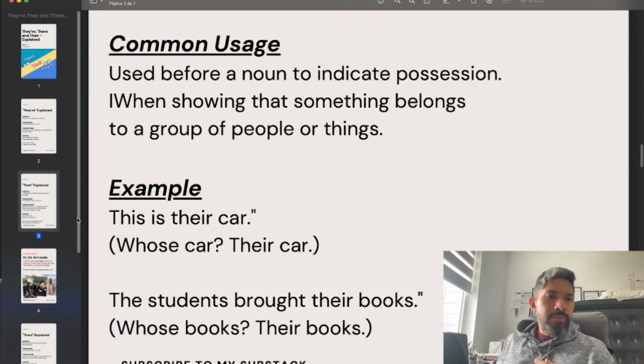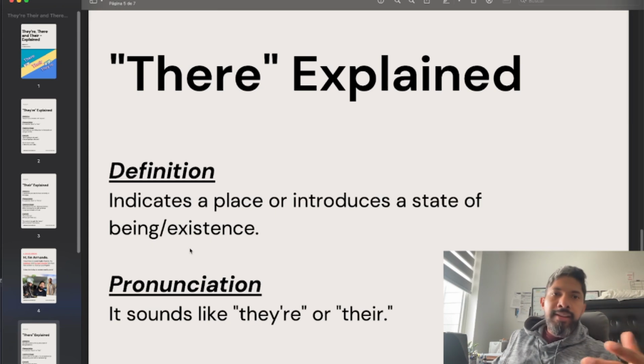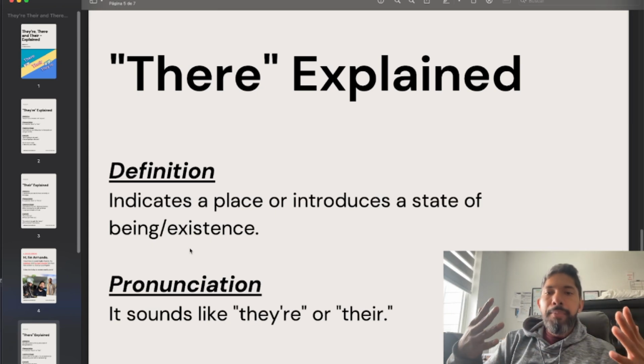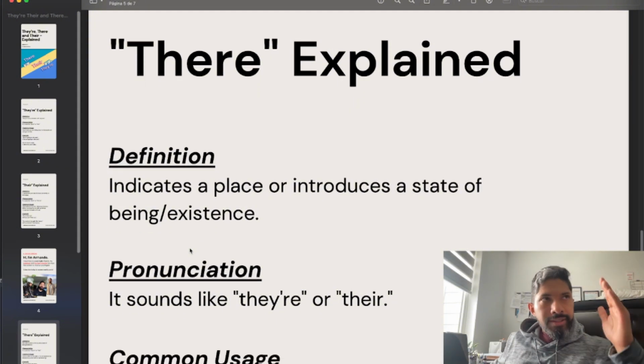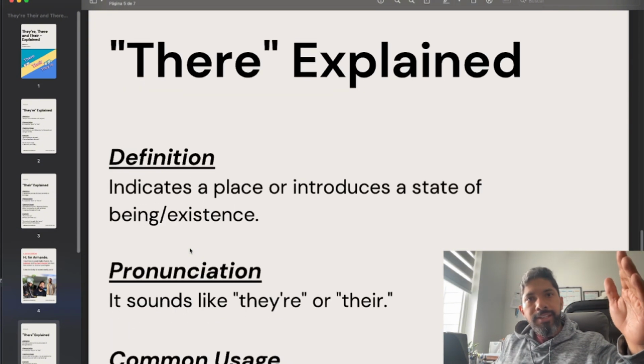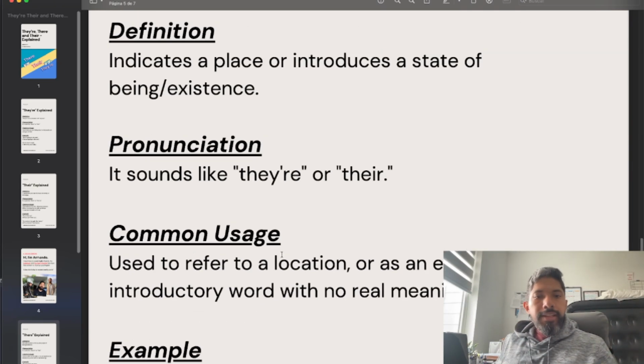And then the last one that I'm going to be focusing on is "there." Again, this is very different, but in this case, I'm talking about a place or a state of being or existence. That means that I'm pointing towards something that I'm looking at. So, for example, "over there" or "right there." So, this is again for usage for a location or as an expositive,